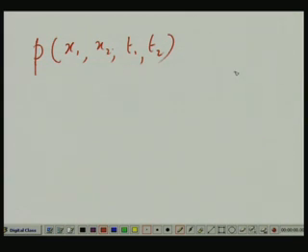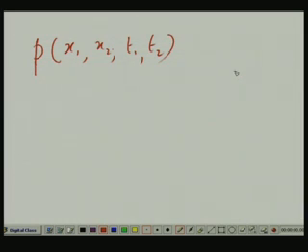So, I repeat again, x of t1 and x of t2 are two random variables. This is a joint density. It means the joint probability of x of t1 lying between this x1 and x1 plus dx1, and at the same time x of t2 lying between x2 and x2 plus dx2, that is given by this density function times dx1 dx2. That is the meaning of this joint density. But if it is strictly stationary,